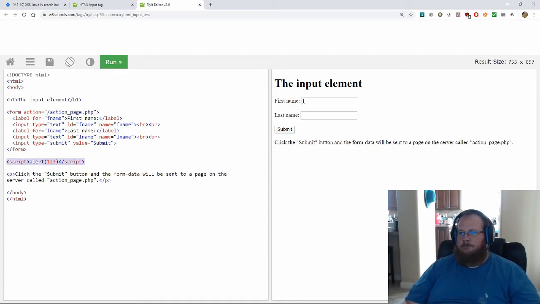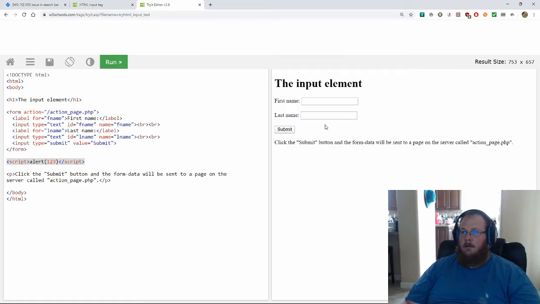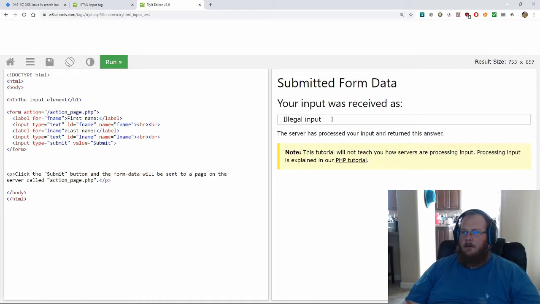And so let's see what this is. Submit was file name R. This is an answer. Okay, that's still going. So let's go ahead. I'm going to remove this. What happens if I do that? Illegal input. Okay, so you can see that W3 Schools is actually sanitizing some of their